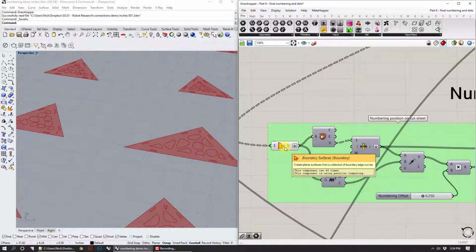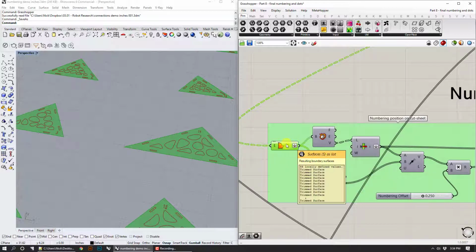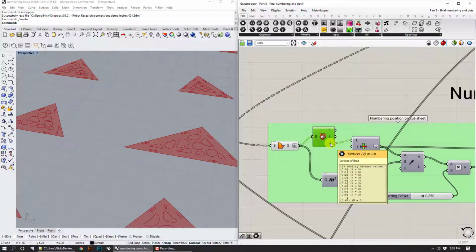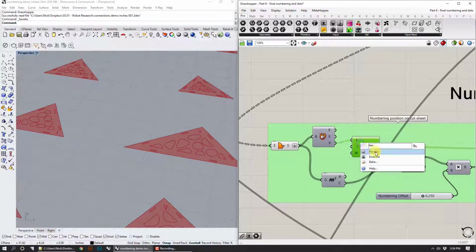There's a lot of different parts we need. So turn these into surfaces. That's a boundary surface, and then I go ahead and flatten that because I don't need that data structure anymore. Then go ahead and explode it, deconstruct it. I'm going to get the vertices. And as before, I'm just going to put on a list item component, and I'm going to get the first